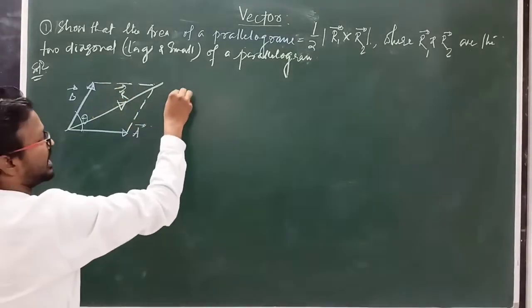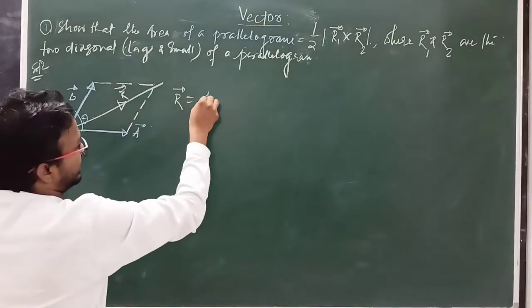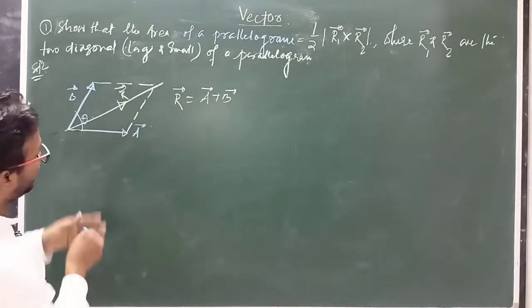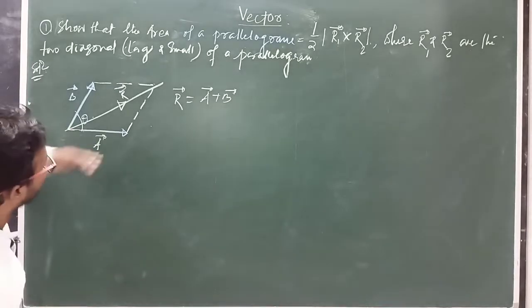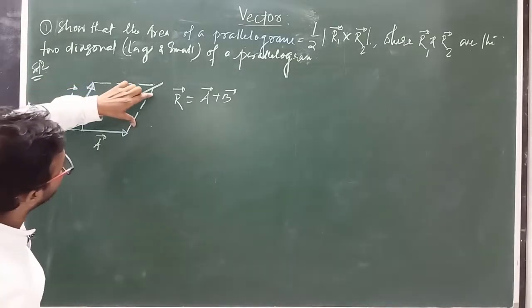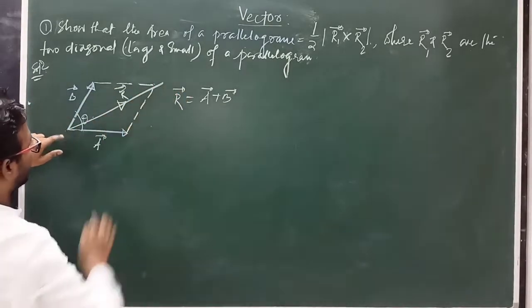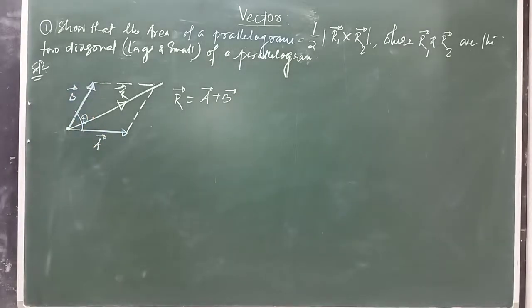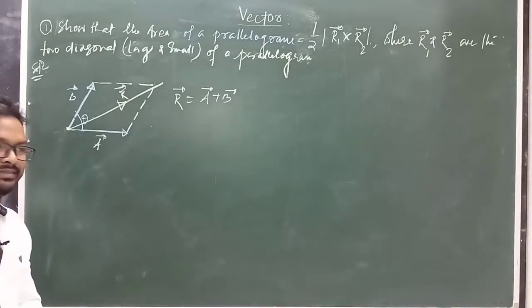And we already know what is R vector. R vector, means resultant, you can write here A vector plus B vector. How? Because this is vector A, means this direction, and vector B can be shifted in this direction. So A vector and B vector, if you shift this vector here, then this is the resultant, and this diagonal passes through the common point where A and B meet or intersect each other. Clear?